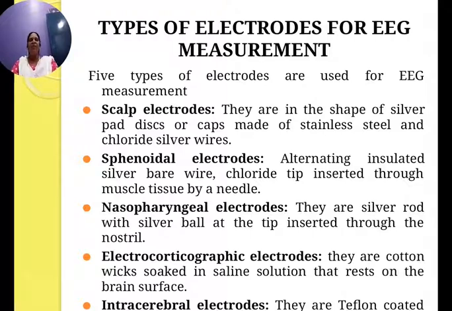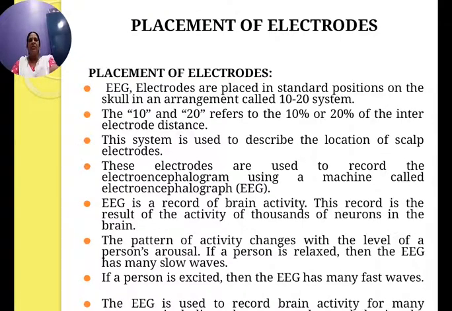Then we have intracerebral electrodes, which are Teflon coated gold or platinum wires used to stimulate the brain. Then coming to the placement of electrodes,